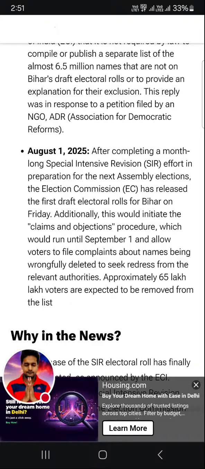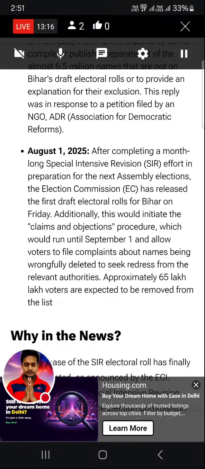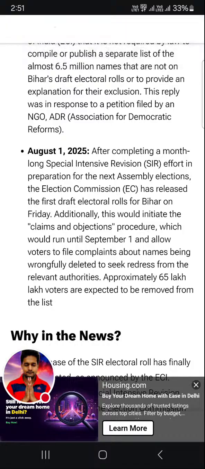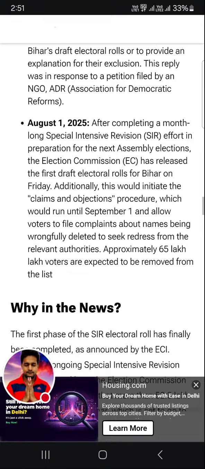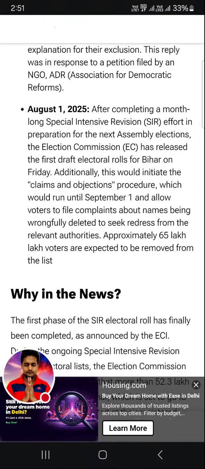August 1st, 2025: after completing a month-long Special Intensive Revision (SIR) effort in preparation for the next assembly elections, the Election Commission (EC) has released the first draft electoral rolls for Bihar on Friday.